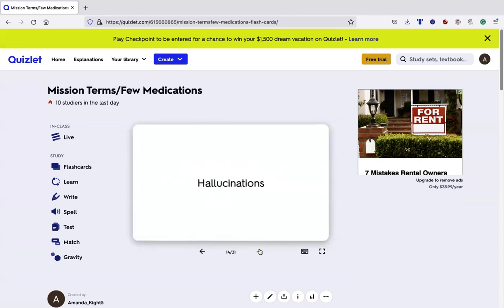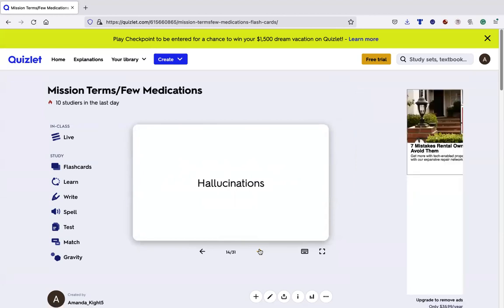Hallucinations, we know what they are. And remember, from here on out, we're going to use the medical words. So the first quiz, I let you use taste instead of gustatory. So we know we have visual, olfactory, which is smell, gustatory, which is taste, auditory, which is hearing, and tactile, which is touch or feeling, like on your skin or under your skin.